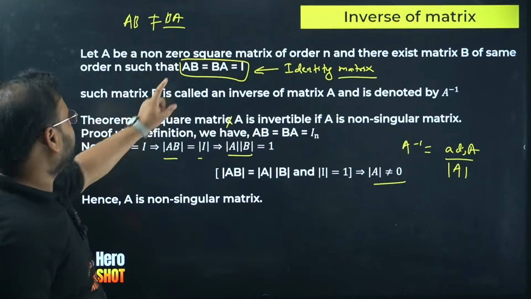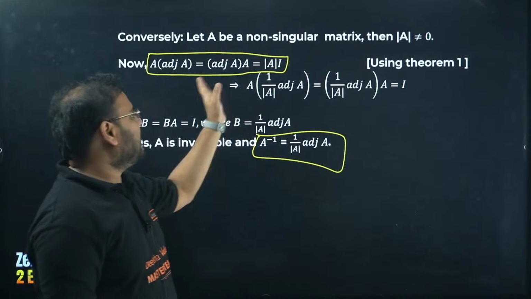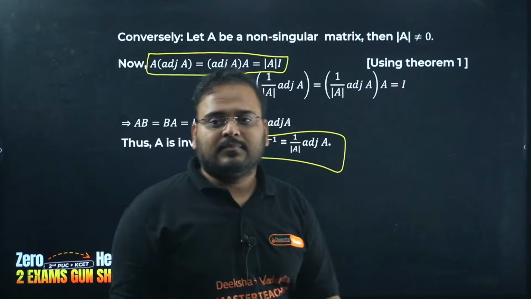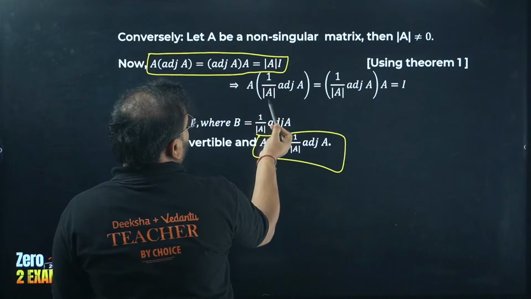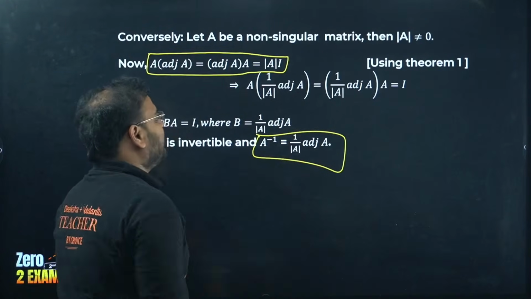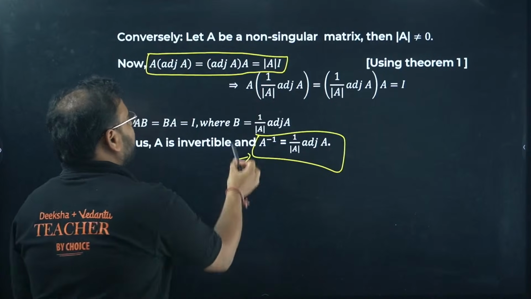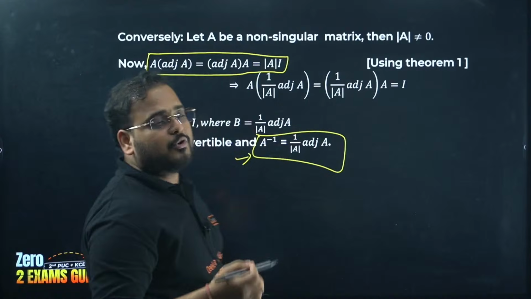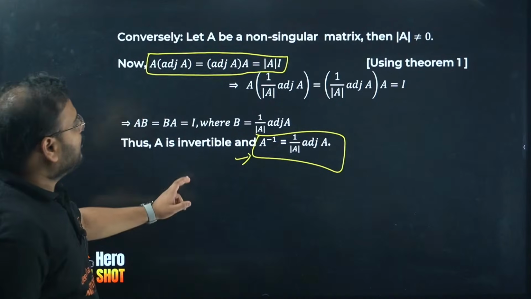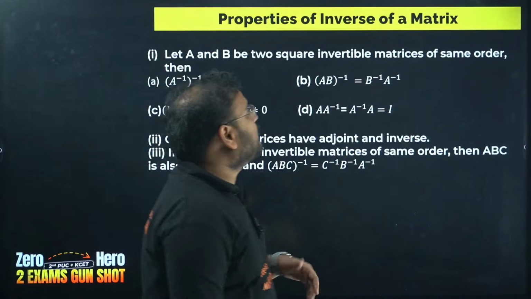You can check. And then we proceed with dividing by the determinant. You can check on the side. We get 1 by determinant of A times adjoint A, and we'll end up with our respective value, that B is nothing but 1 by determinant of A times adjoint A, from the property AB equals BA equals I. Okay, got it? Moving on.